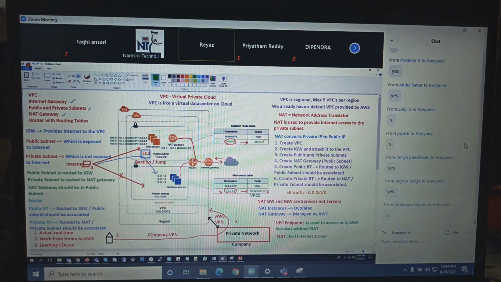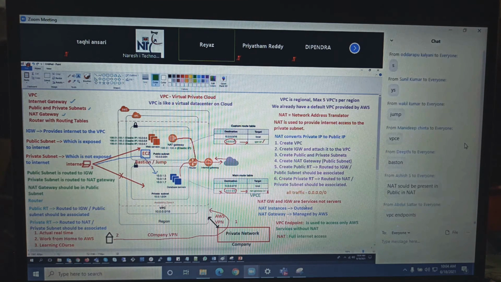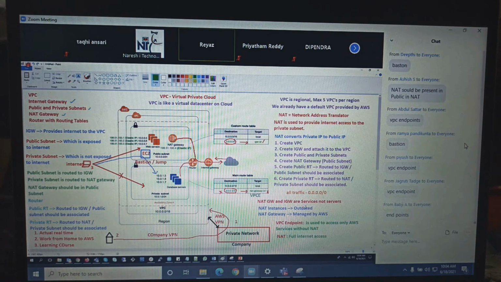And if you don't want to have internet access completely and if you want to access only AWS services from a private subnet, which concept should you use? VPC endpoint. And if you want to connect to the private subnet from internet, which one should we choose? Bastion, or jump server.